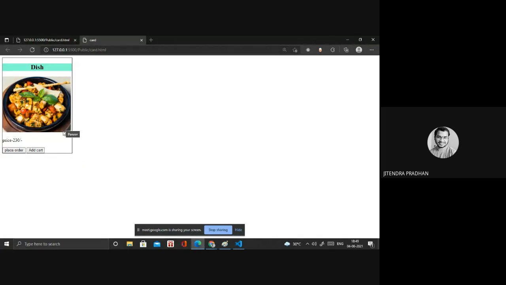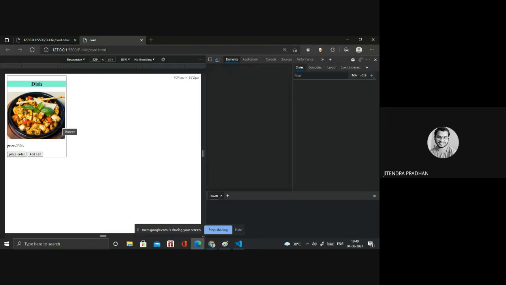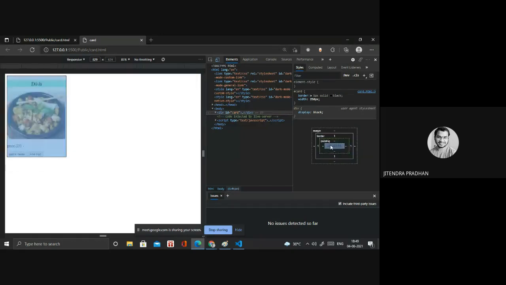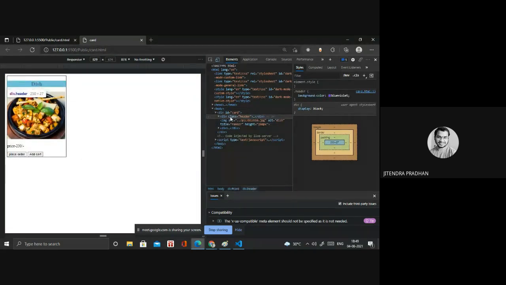Have you observed that a tooltip is coming? Why are we writing that title? That's why it's coming. Okay. In that we have taken the padding, and we have the card inside. We have the header. The picture will be inside. Okay.